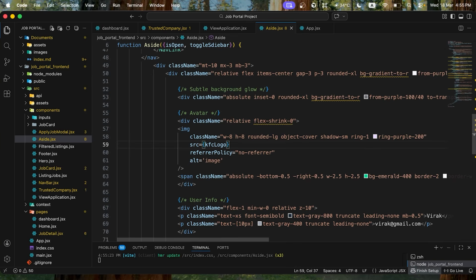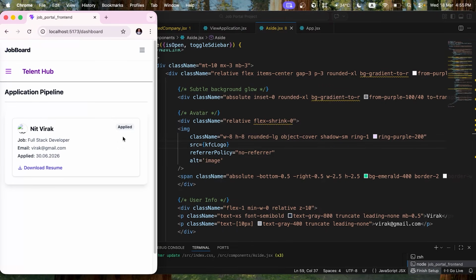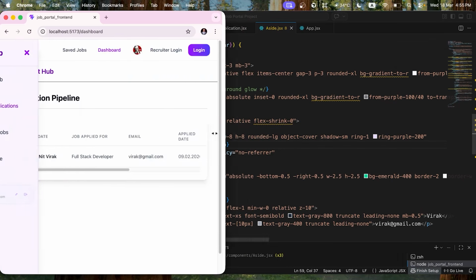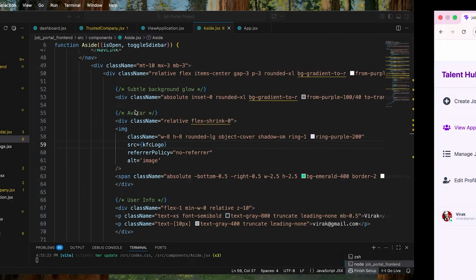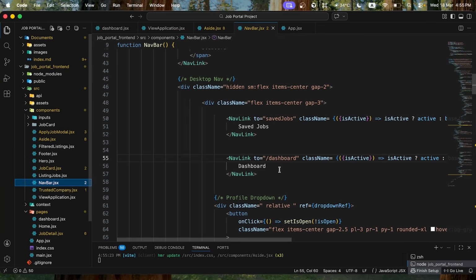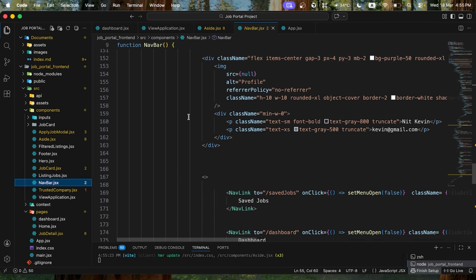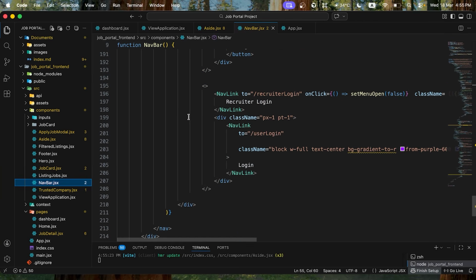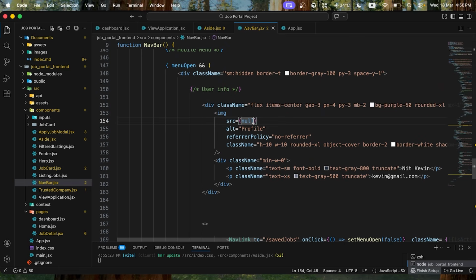Then I'm going to check, you see, this is... so right now I'm going to minimize this. Then I'm going to check mobile menu. So mobile menu, I'm going to import this also. Then I'm going to go to NavBar right here, and this KFC logo, and scroll down. I'm going to check image from this right here. So you're going to import